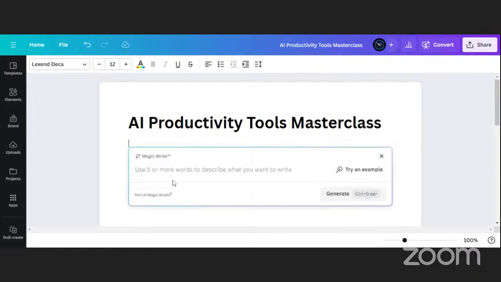Then you can describe what you want the Magic Write to do for you. Okay. Let's say, describe the roles and responsibilities of a supermarket attendant.